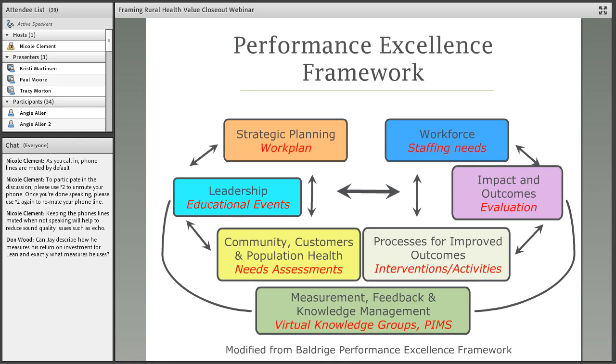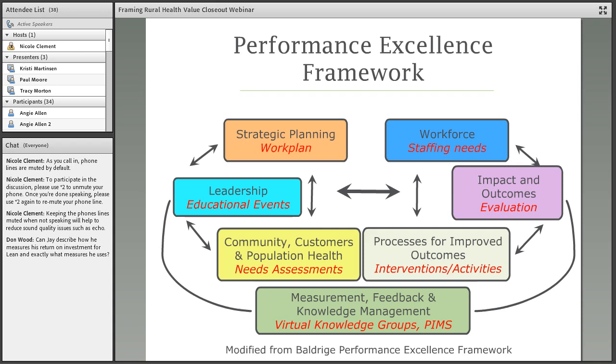For workforce, it's just thinking about within the FLEX program, what are the needs for hospitals in your state, and what does that mean in terms of what training you might need for FLEX program staff to be able to meet the needs for managing the FLEX program, or what does it mean in terms of what types of activities you might need to contract out to meet the needs of the FLEX program goals.